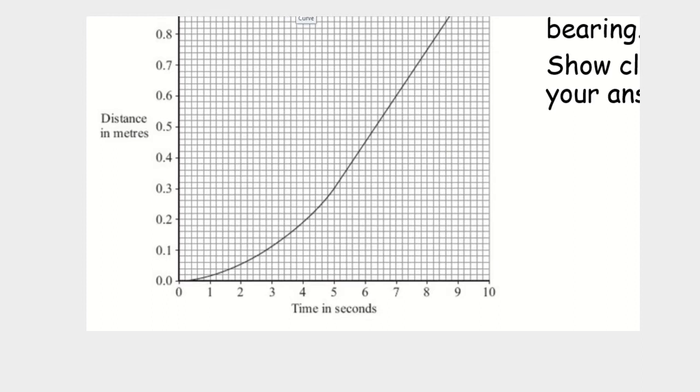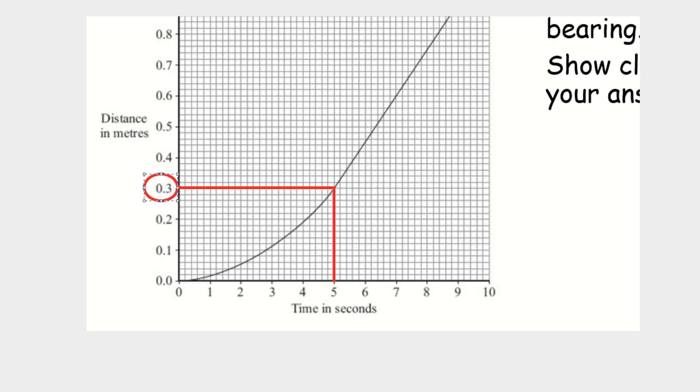Now the examiners usually put some convenient points on the graph, not always, but this does make things easier in many cases. So I've had a quick check on this graph, and I've found that if I go up at 5 seconds there to my graph, go up to the curve, and then from that point I go across to the y-axis like so, I find that I've now got a distance of 0.3 meters. So 5 seconds it's gone